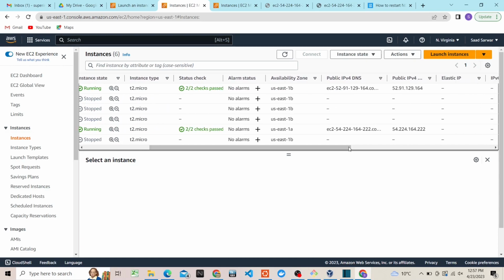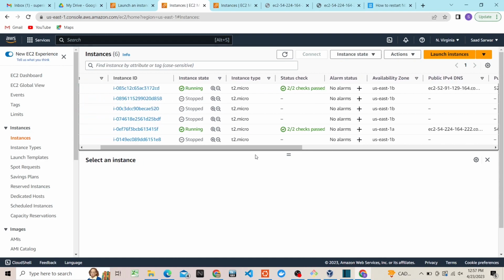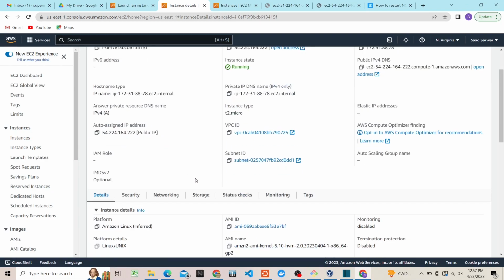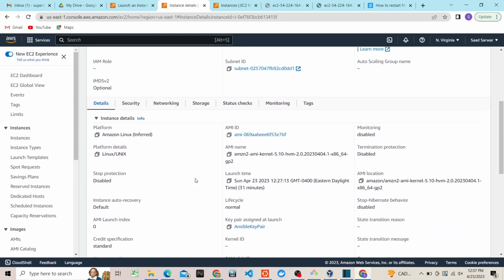IP address of 52.91.129.164, and the managed node, which will be managed by the control node. The IP address for the managed node will be 54.224.164.222. One thing which is very important: once you go into this instance, and actually we had already created those inbound rules for this,